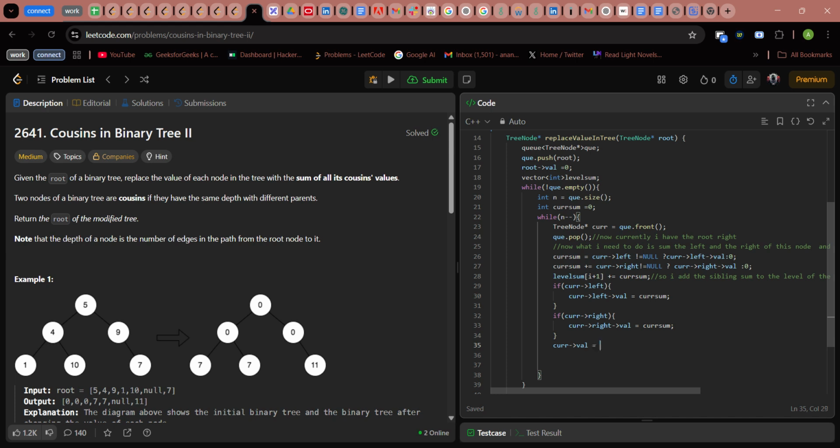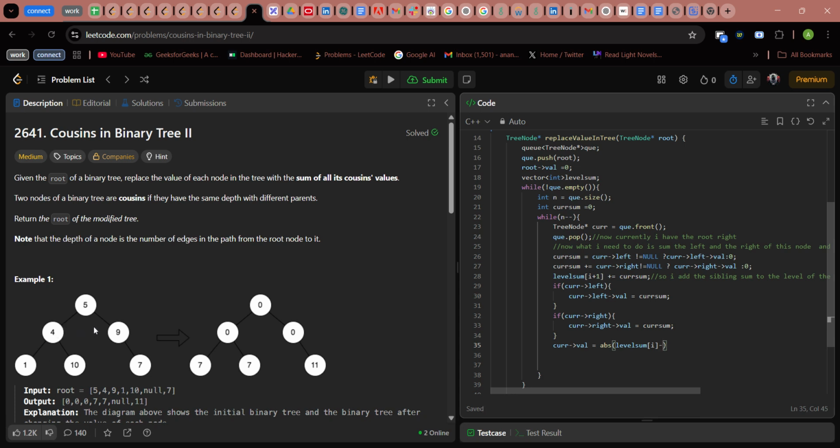The current val will become, we can say, absolute of level sum of index I,